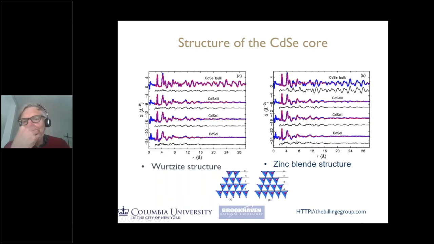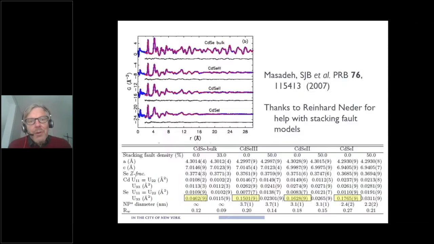So it appeared like the PDF had failed to answer that question. But what we found out was actually these materials have stacking faults in. And so if it's perfect wurtzite, the stacking is AB, AB, AB. If it's perfect zinc blend, it's ABC, ABC. And a stacking fault is where it goes ABC, ABC, AB, A. That's a stacking fault. And you can actually go all the way from zinc blend to wurtzite by introducing sufficient